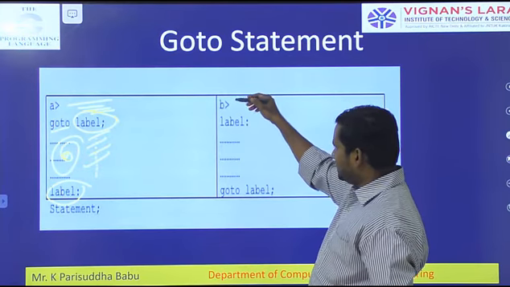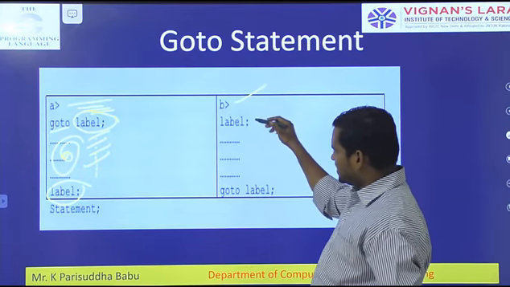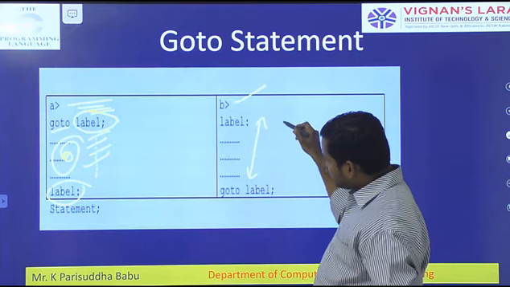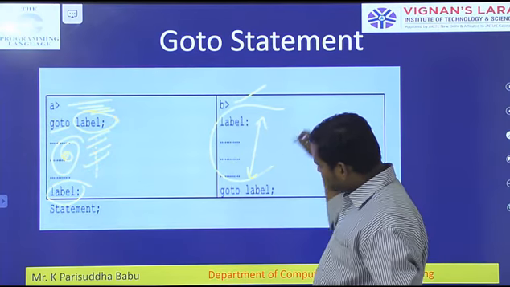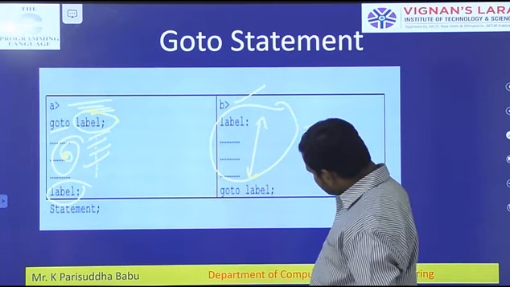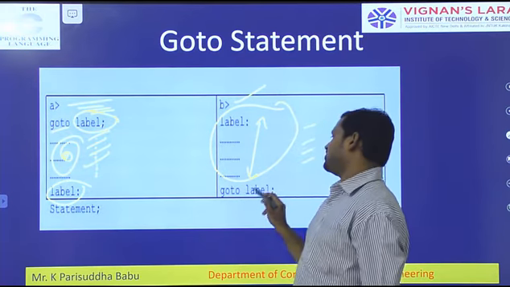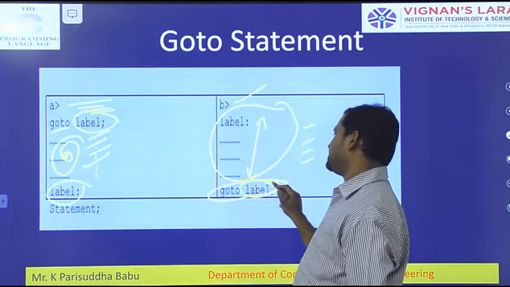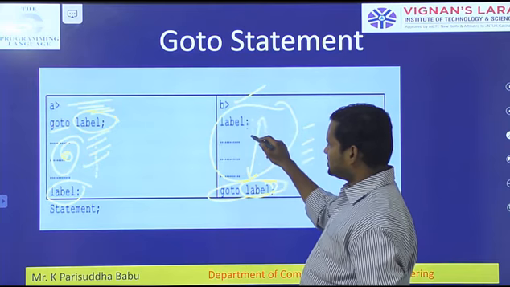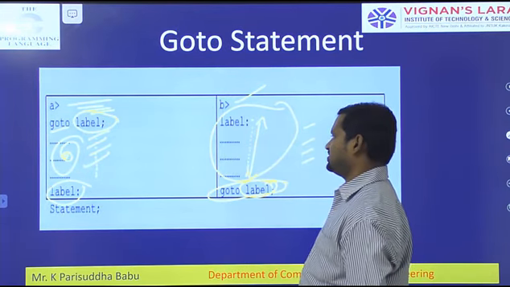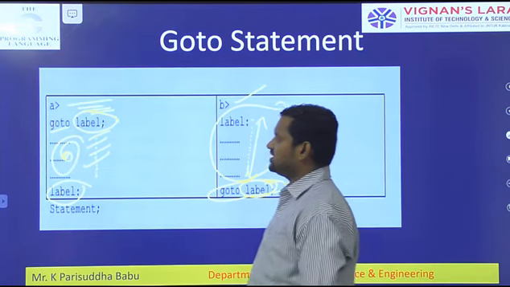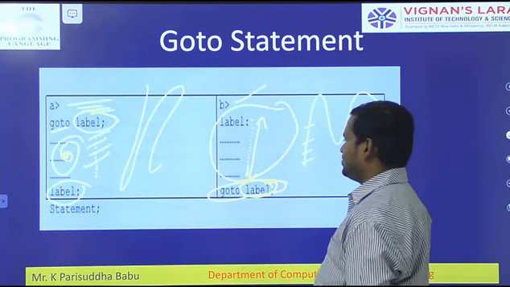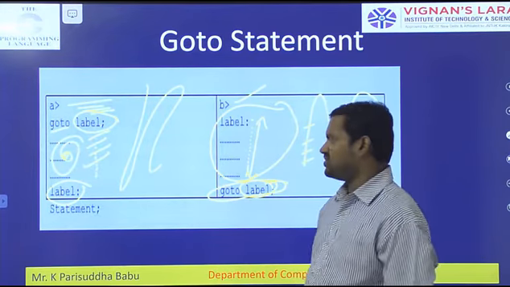For example, in the B statements, the label is there, but these statements are not executed at this particular time. The compiler skips all these label instructions in sequential order execution. When go to label is encountered by the compiler, execution will start from wherever the label is. You can write the label at the beginning or at the end of the program, somewhere in the program.